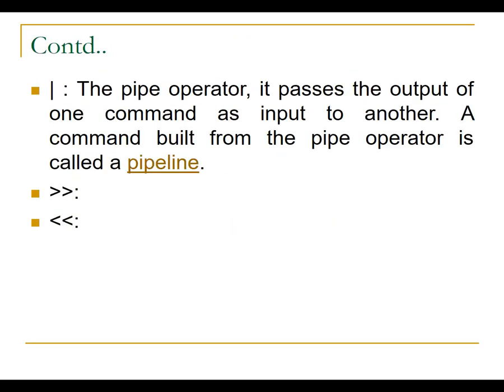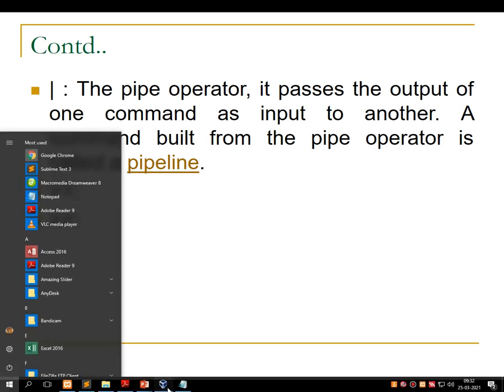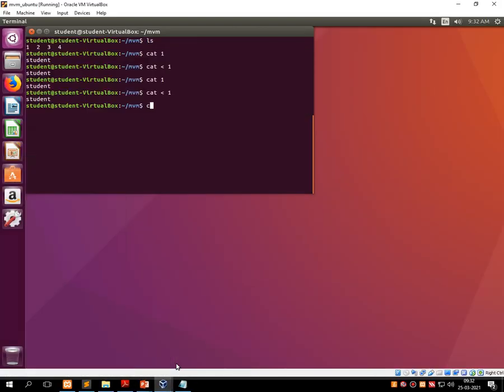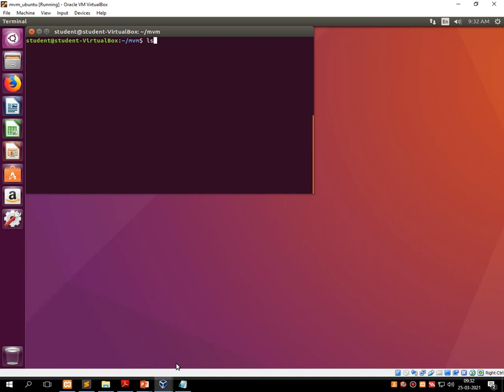Now 2 times greater than and 2 times less than can be practically performed like this. Just type cat 2 times greater than, and suppose I am writing 1. Let's exit from this screen first. Clear the screen.